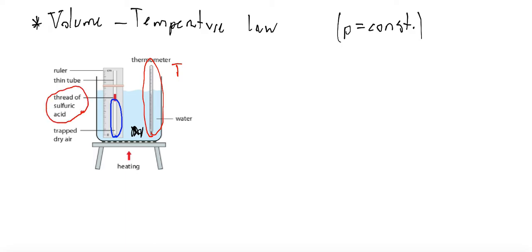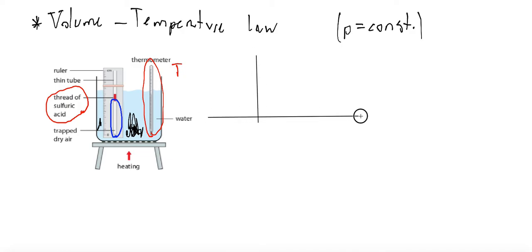Okay, so what happens when the temperature of the bath changes here? Then of course the temperature of the gas changes, and due to the change in temperature, the gas changes volume. If temperature increases, then the volume of the gas increases. If temperature decreases, then the volume of the gas decreases. Okay, so what is the relation? If you plot a graph of how volume depends on the temperature,